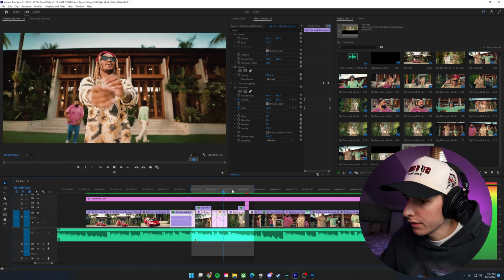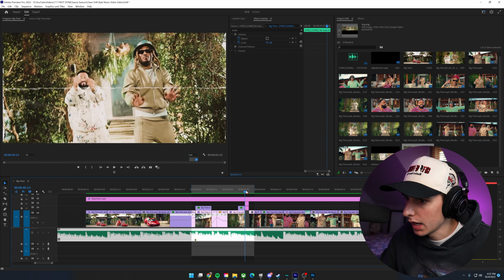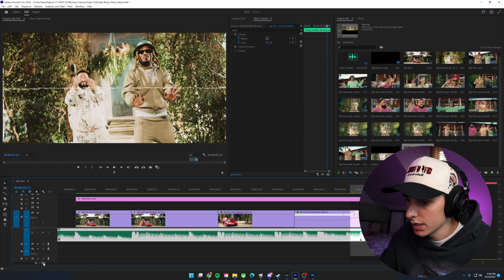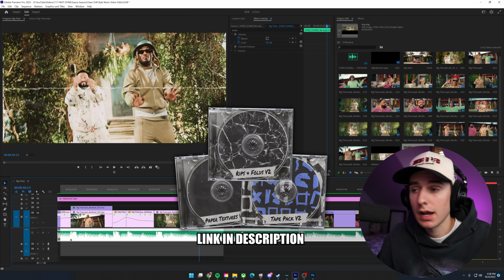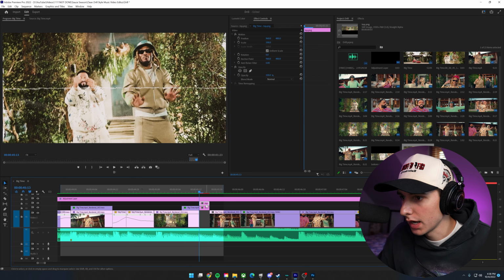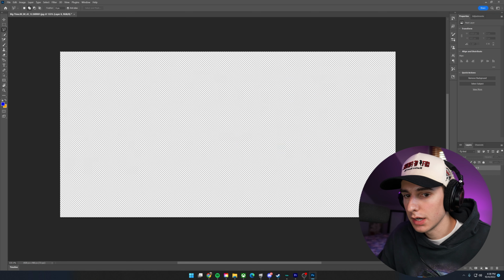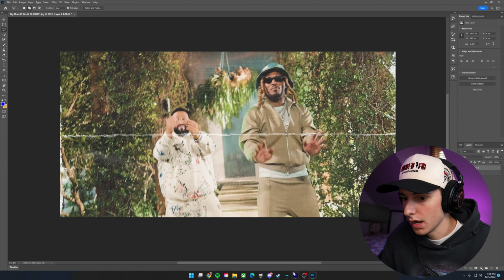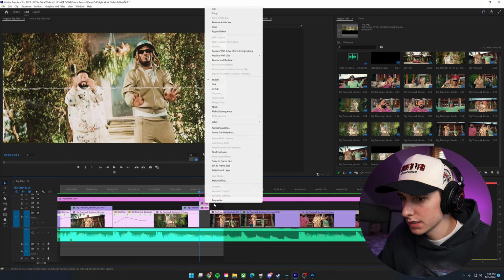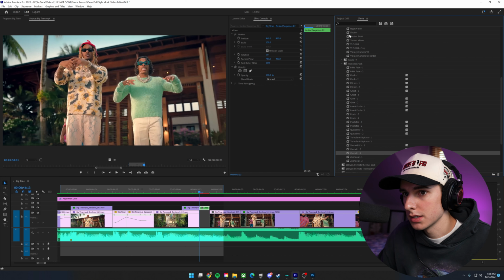So I went through and added that effect a few times throughout, and now I'm working on this paper texture transition. I've seen them use, actually my pack, I'll have it linked down below, in like some Lil Baby, Lil Durk videos. Yeah, that's what I'm gonna be using. I just took a screenshot of this last frame, went into Photoshop, applied my paper texture, split it into 2 separate layers, the top and bottom, and then I am going to nest these, and we're gonna sauce on transform